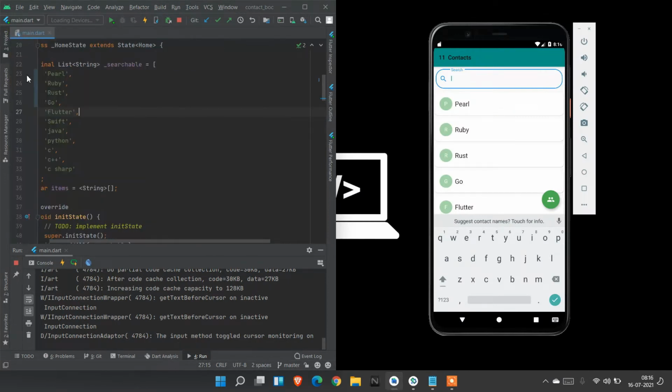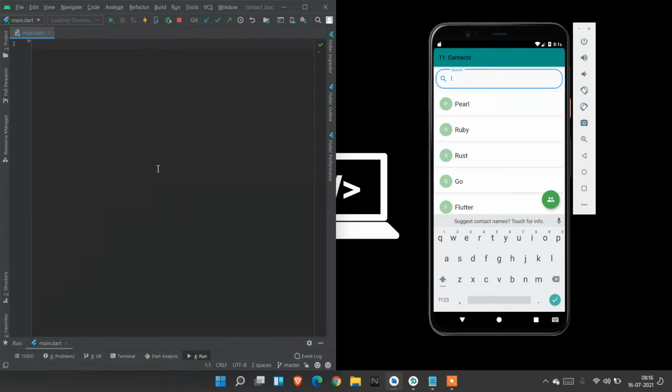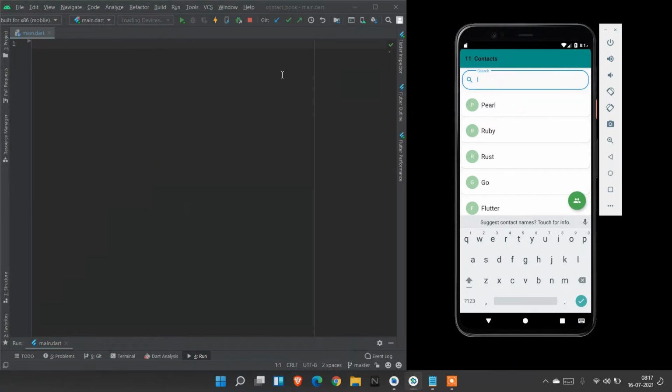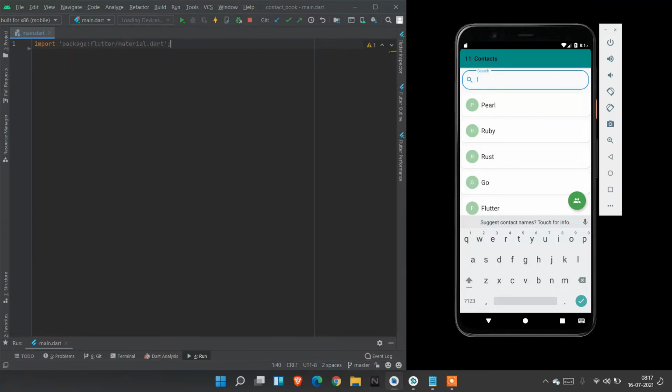Let's create a new project. Import material package. Void main, it's the gateway of every program to run your app.